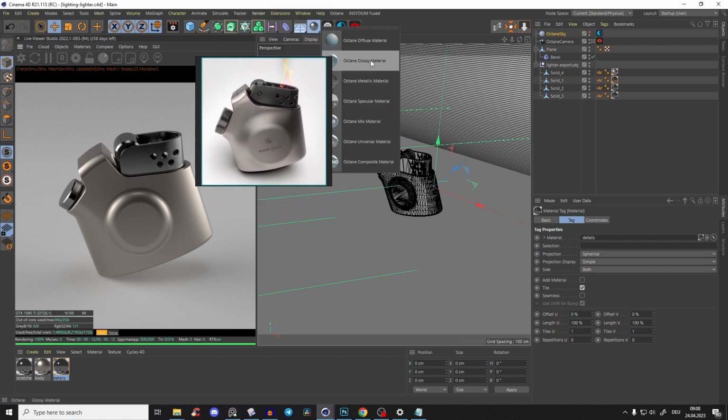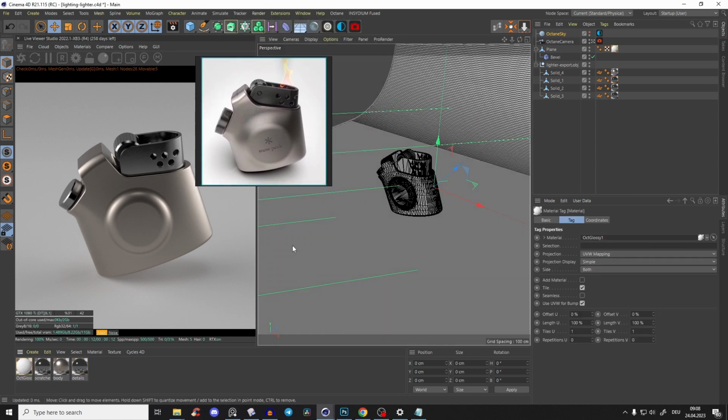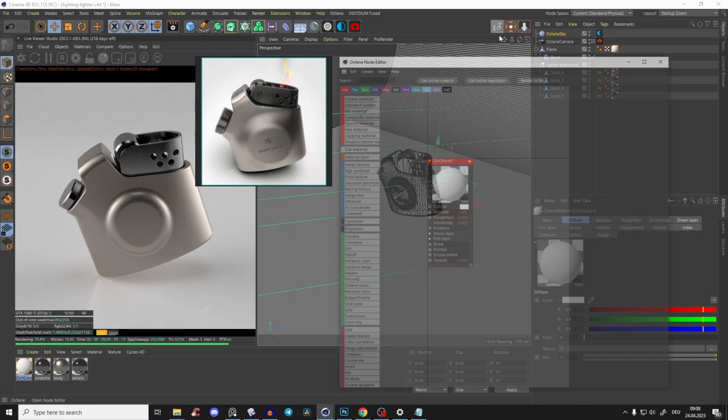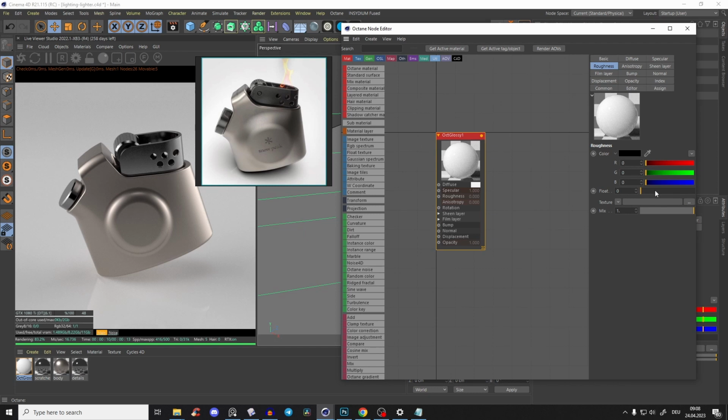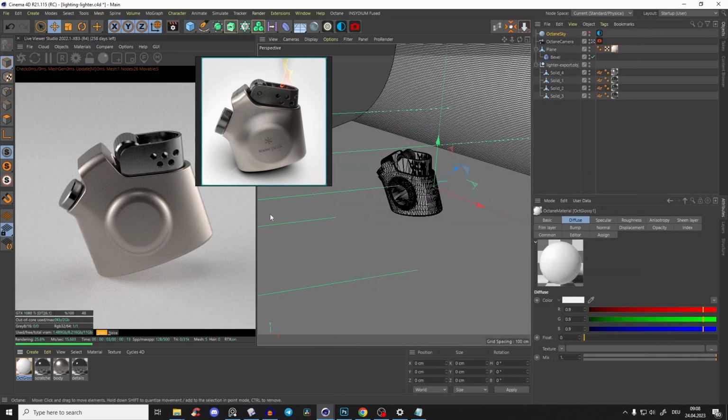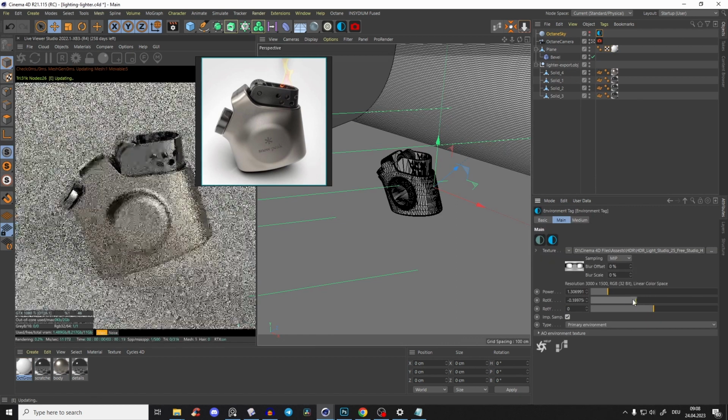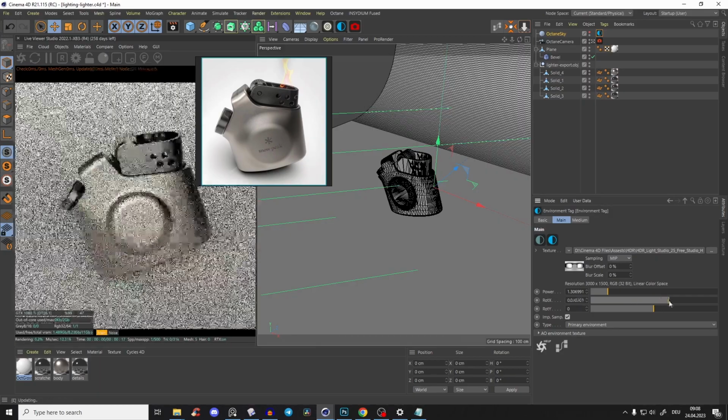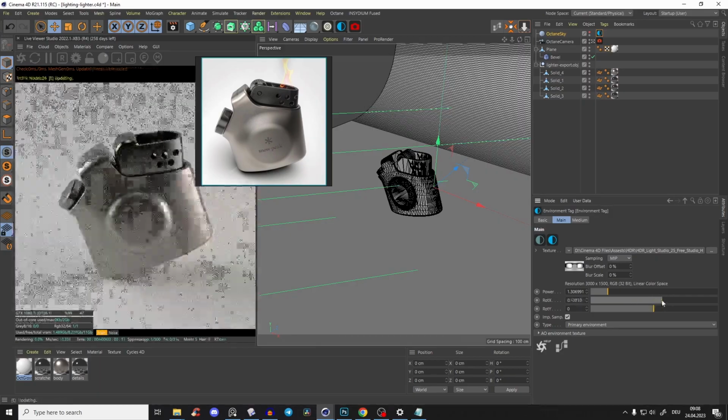So now I just want to add an Octane glossy material here to this ground, to this backdrop, and go into the glossy material and give it some roughness. So yeah, you don't have those glossy reflections. And guys, I like that already a lot. So what we could do now is just rotate maybe a little bit the